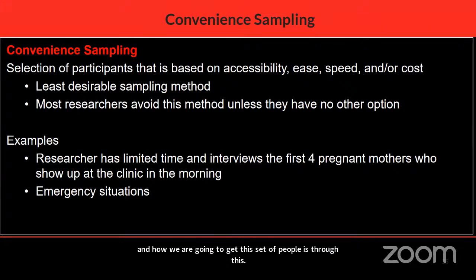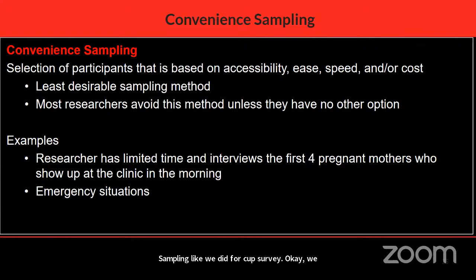Like we did for the CAP survey, okay? We have these random numbers. We tell him, if you choose an even number, it means that these households are going to fall under this. When he chooses, we give him a pen and a paper. He will just pinpoint the number that the pen falls at. We circle that number, then we choose the people we are going to interview. With that, they will not have so much influence.